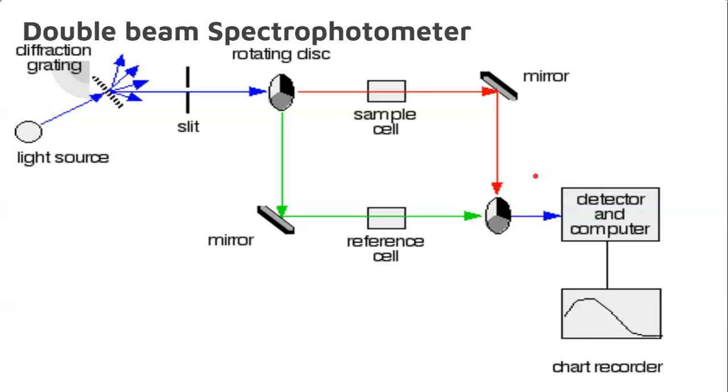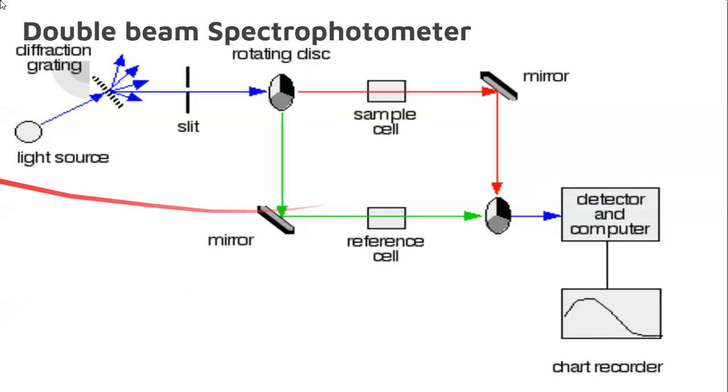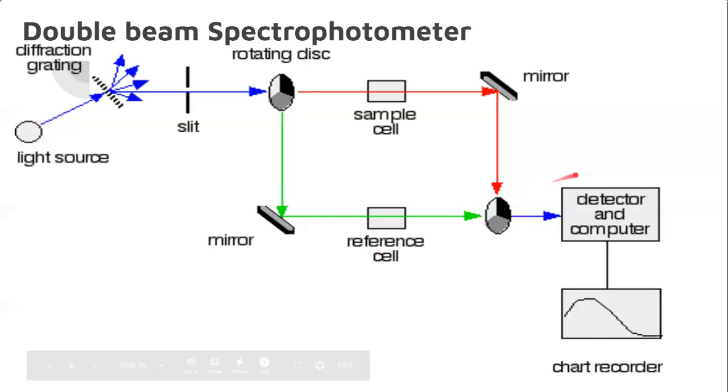The photometer consists of an amplifier. So this amplifier will amplify or increase the intensity of these two corresponding lights, and then that will be sent into the photoelectric cell. There the intensity of these lights will be converted into an electric signal, and then that is sent into the galvanometer, where the intensities are measured, and then that is sent into the detector.